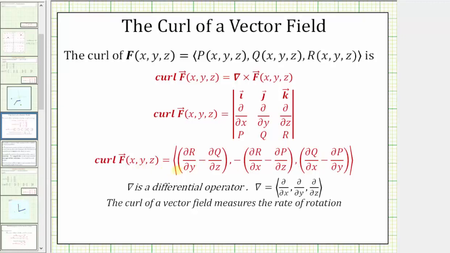But now if we're concerned about the curl of a vector field in 2 dimensions, the z component would be 0, so R would be 0, and all the derivatives with respect to z would also be 0. So looking at this formula here for the curl, that means this would be 0, and this would be 0. We'd only be left with the z component, which is a difference of these two partial derivatives, which means the curl of a vector field in 2 dimensions would only be the z component of a vector field,